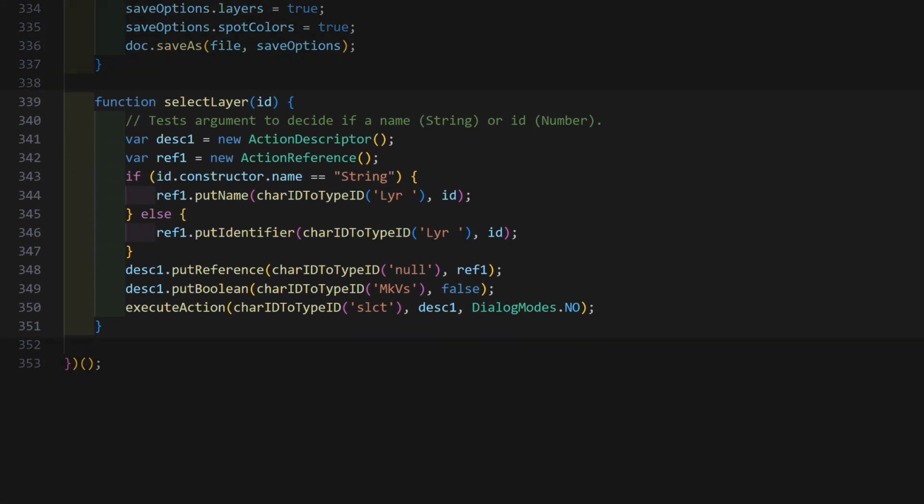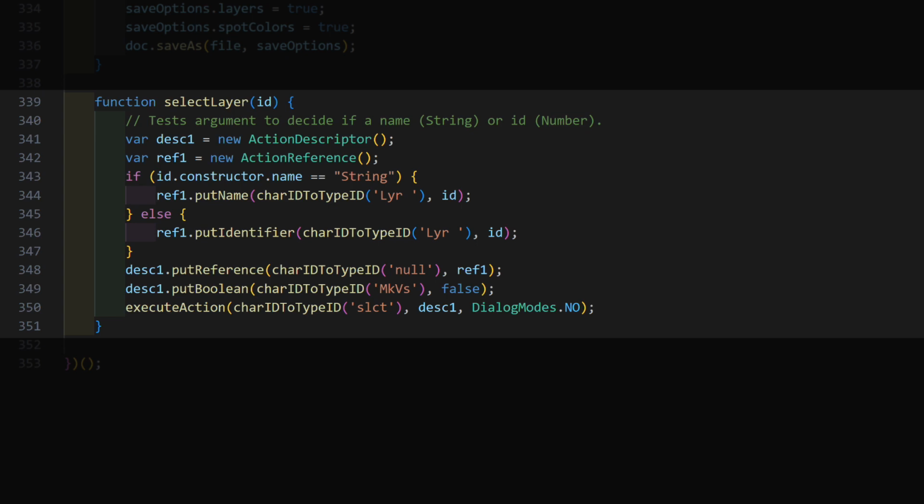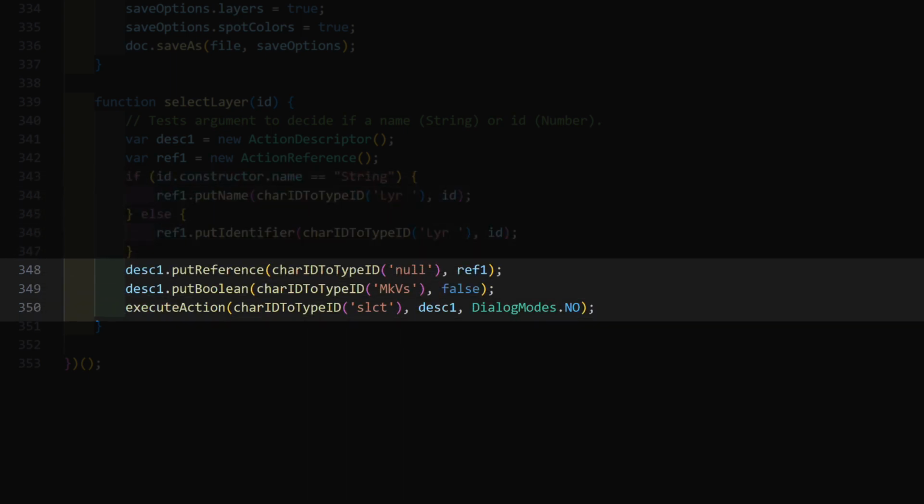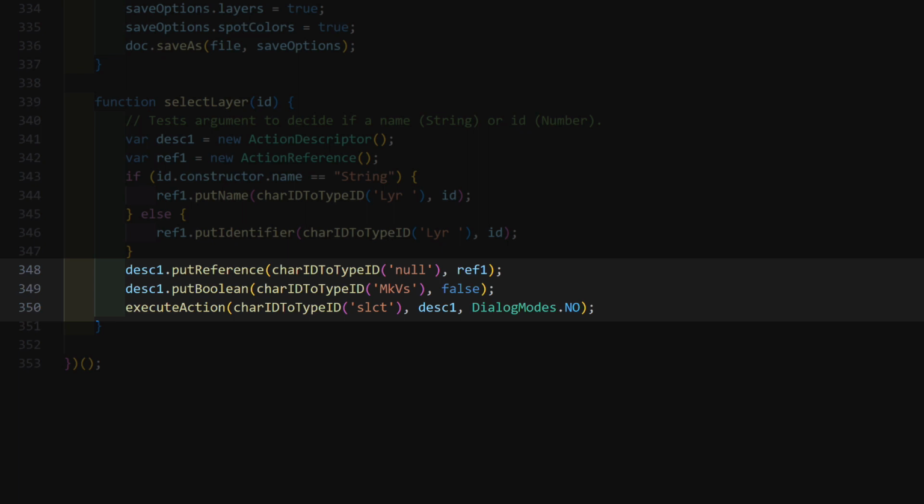The function SelectLayer accepts a layer name or a layer ID. It does this by looking at the ID constructor name. If it's string, it's a name, so we put name. But if it's not string, it's probably a number, which is an ID number. So instead, put identifier. The rest of the code is the same either way. That makes the layer selected.